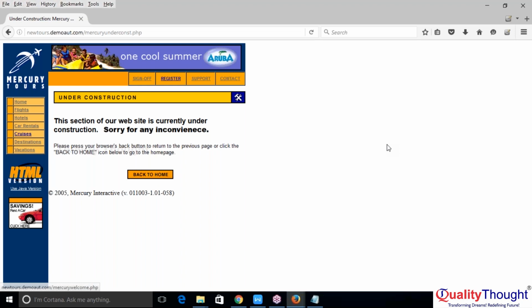I hope everyone will get time to practice this so that they get some idea of what we need to perform in the Selenium IDE. My suggestion is, in your real time, use Selenium IDE. It will not impact anything else. It will not impact your system. So usage of Selenium IDE is very important from the automation testing point of view when you are automating an application using Selenium